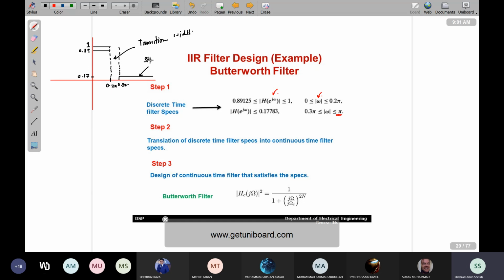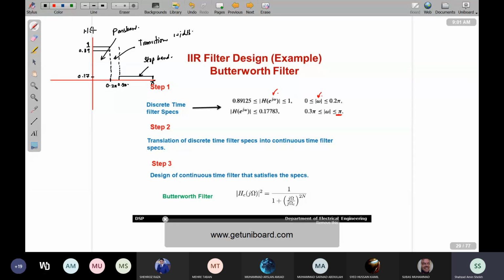This is my stop band and that's my pass band. And the maximum frequency is pi. And of course the replica of that is there as well on the left hand side, but we are not showing it. So the discrete time filter specs are showing that H of exponential j omega,